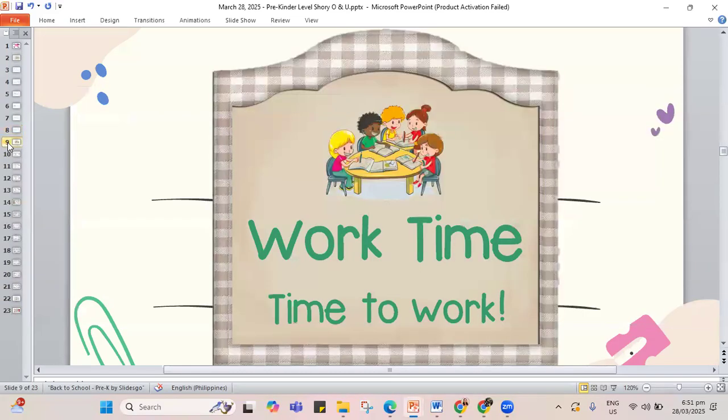Now, I gave you an assignment. It is about the words with letter O and the booklet for your letter U. Now, for this one, I want you to check with me. Let's answer it together on the screen. Now, if you're not yet done with your work in your assignment, it is okay. You can follow this one as your guide while watching it.